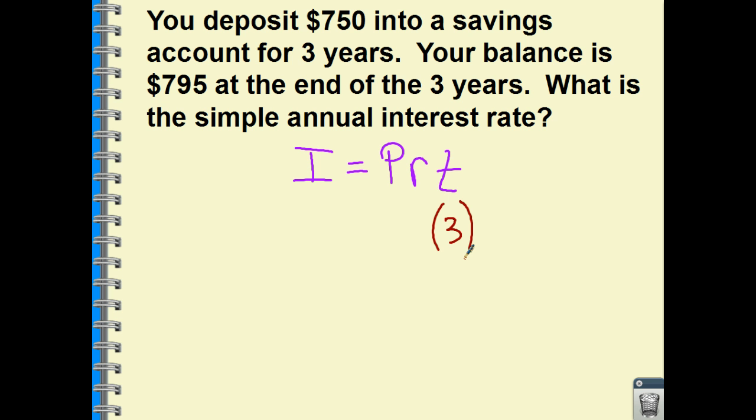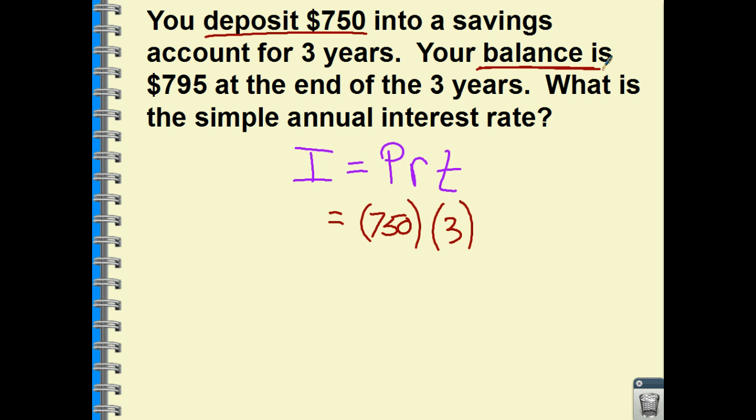The principal amount is what I deposited, so I deposited 750, so that would be my principal amount. And it looks like they give me the interest also. Now the interest is the amount that was added on to my principal. Well, if I went from 750 to 795, that was my balance, which means I must have added my interest and my principal,